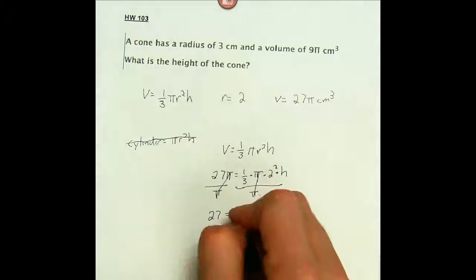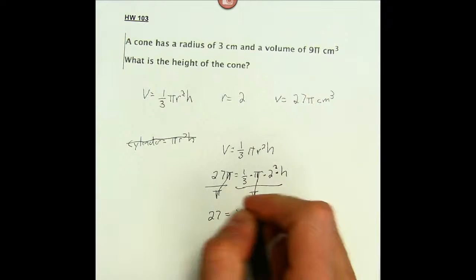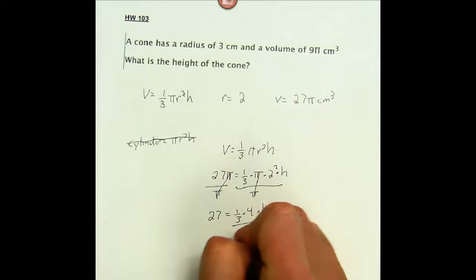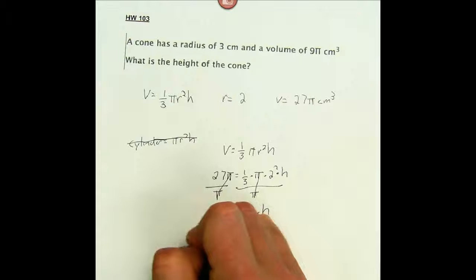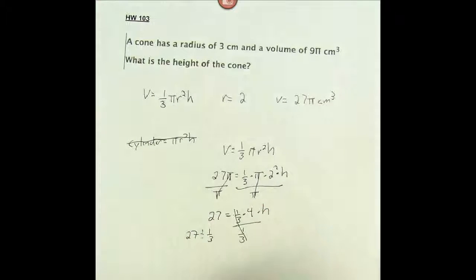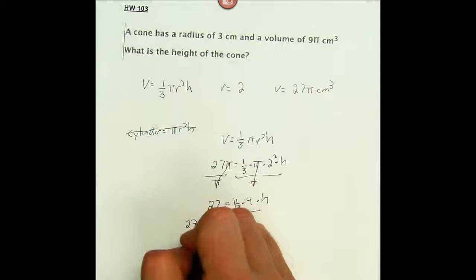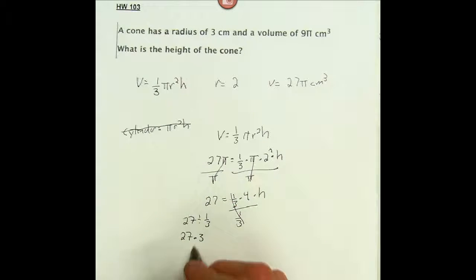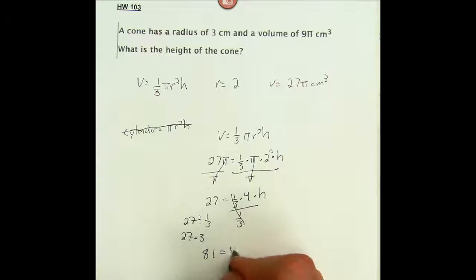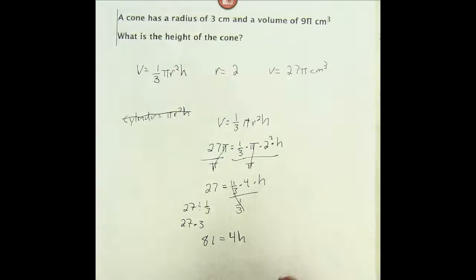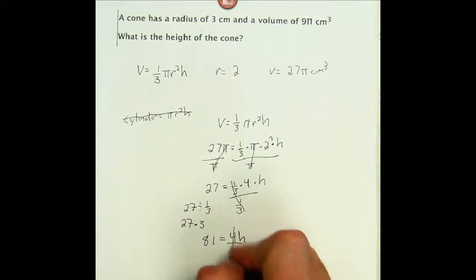All right, so now I got 1/3. Well, if I divide by 1/3, I do 27 divided by 1/3. And what do we do with that? We do 27, keep, change, flip. And this now gives me 81 equals 4h. So now all I have to do is divide by 4,